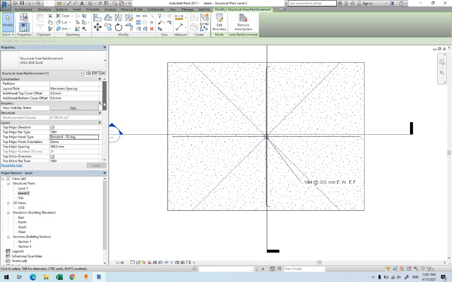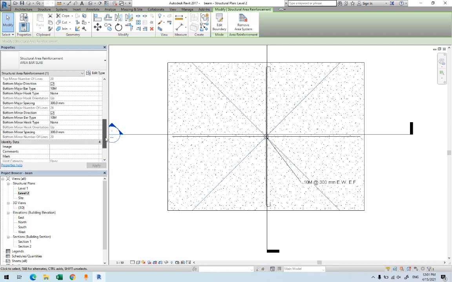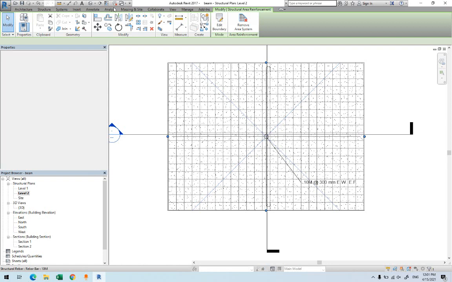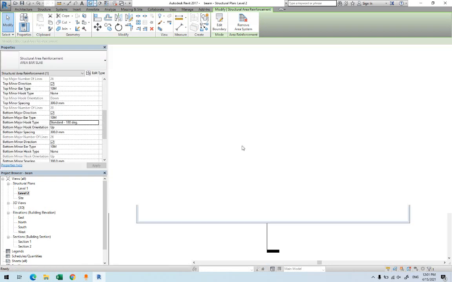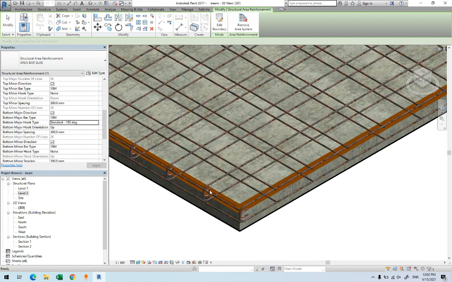So now here is the hook. I have it here: it's basically just down, I have it up, and the degree I have it. Now 180 degree hooks in the slabs are more recommended than 90. I'm not going to say that, but let's say that if it's 90, even for the other side, minor, I can provide a hook there. So apply. Now 180 degree hooks